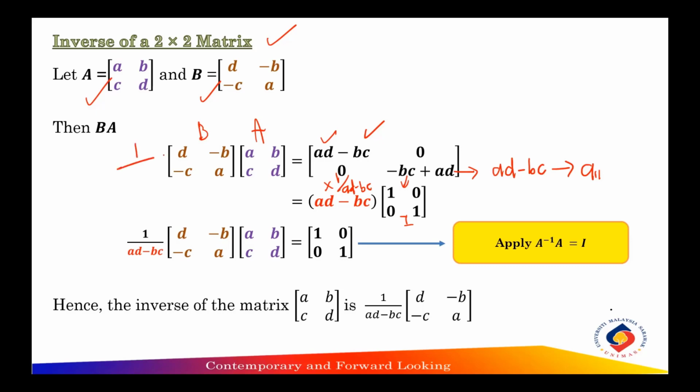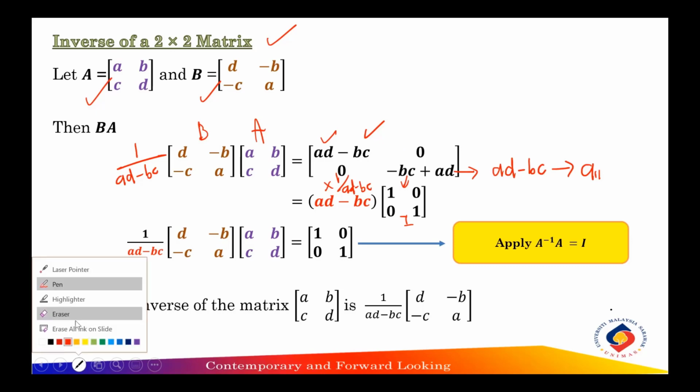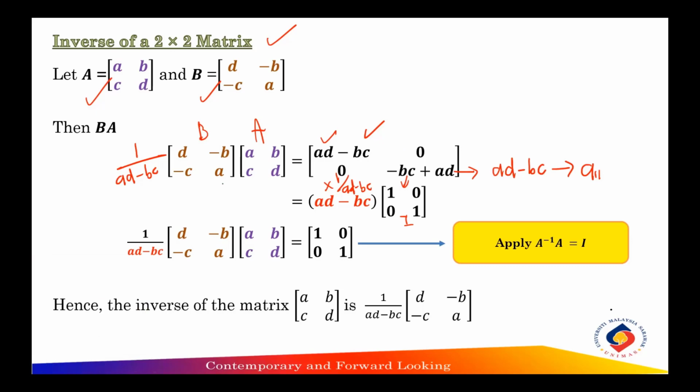As you can see here, 1 over AD minus BC. Then from this process, we can see that 1 over AD minus BC multiplied by AD minus BC will give you 1. On the left hand side remains the same. Okay, and next, as you can see here,